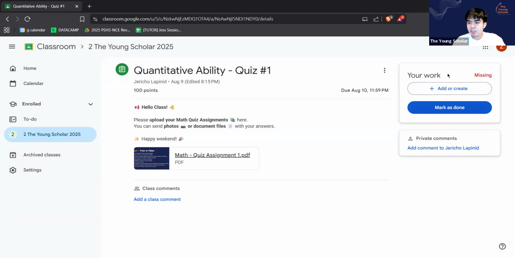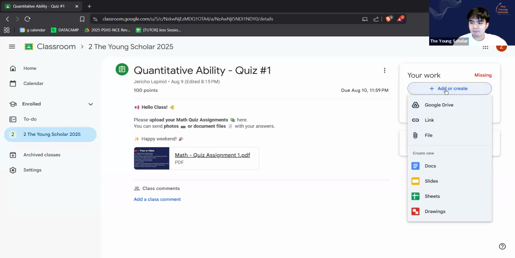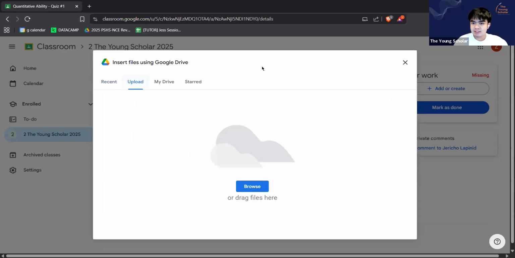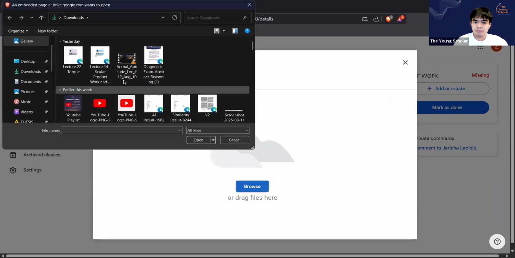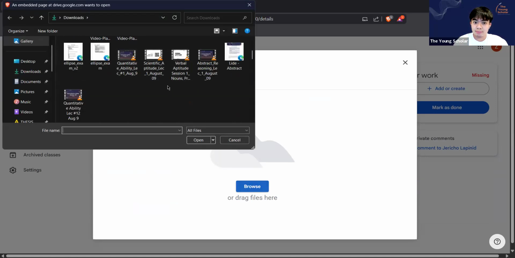Okay, so for the submission, you just navigate on the right hand side, which is the Your Work section. Okay, and to submit your files, you just need to click this button, add or create. Okay, so if you click that, and if you're planning to add a file, let's say you took a picture of your answer, so you just click file, and you will arrive at this section. Now, just click the browse button, and you will arrive at your file manager.